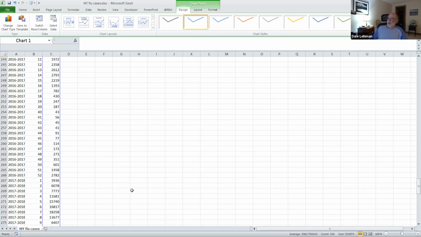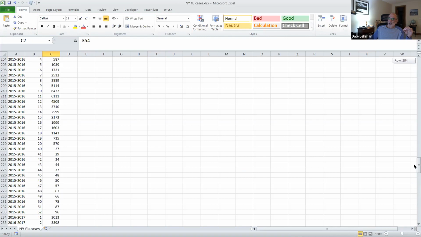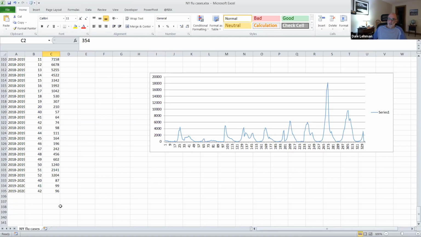Generally, in most time series, you're going to find that it's easier to model the differences from one week to the next, the changes. But one of the nice things about the way @RISK does this is it will automatically handle that for you. You don't need to decide to create a column of the changes like we've done in other data sets. It will handle looking at the differences automatically for you. So if we go back and highlight these flu cases